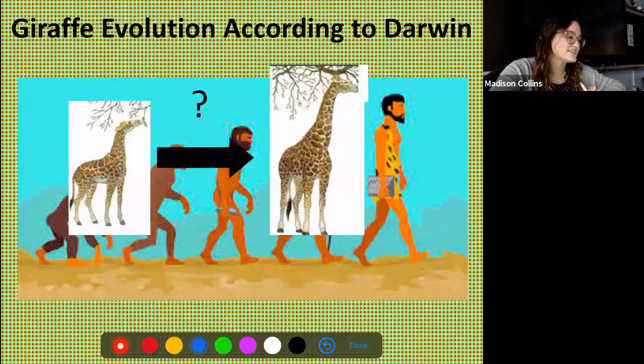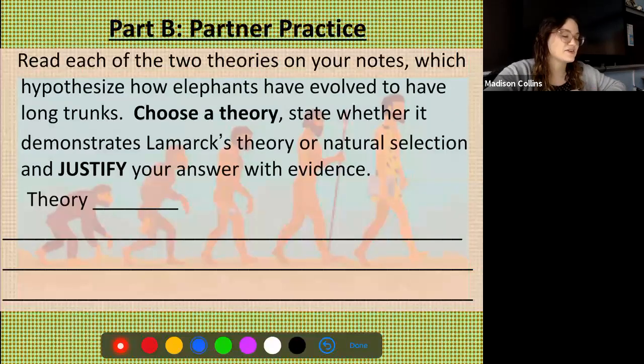Now, I've got two more things for you guys to do today, okay? On your paper, there are two different theories talking about how elephants have evolved to have longer trunks. I want you guys to choose one of those theories. You can choose either one, either A or B. State whether it demonstrates Lamarck's theory or Darwin's theory of natural selection, and justify your answer with